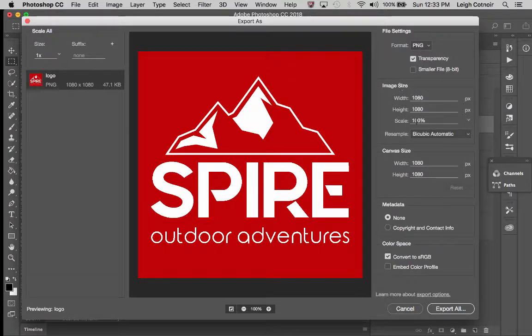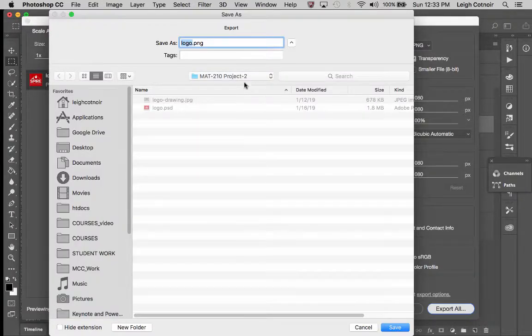And then you've got your image size here. You could make some changes, but I'm not going to. You do want convert to sRGB to be the default. That color space is a good web space color. All right, and then you would go ahead and click export, and it's going to go ahead and try to